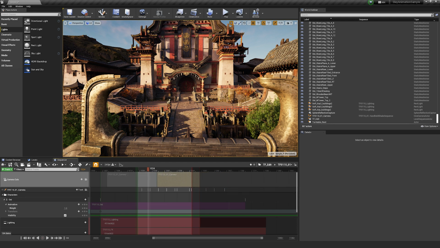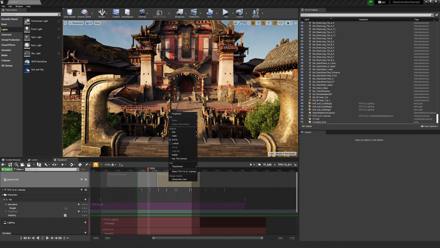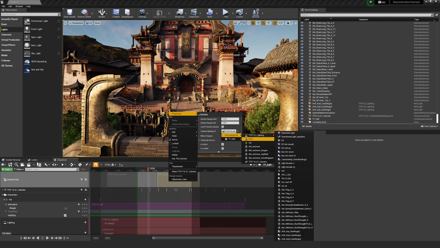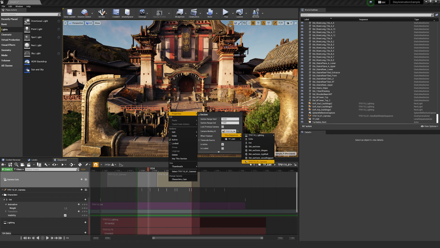Now that we have two different camera cuts, what you're going to want to do is left click on any one of these, then right click on them, go to properties, and then go to camera bind. Once you do, it'll give you multiple options in terms of anything that is in this sequence. Any of these actors that might be another camera that you want to switch to, this is where you're going to want to do it.